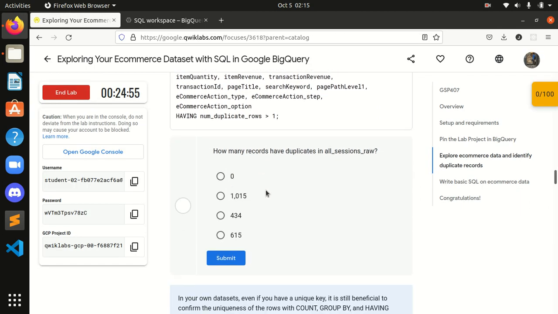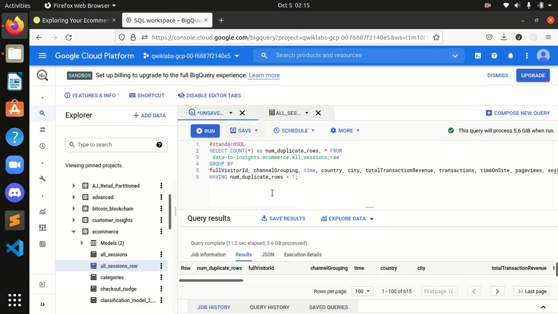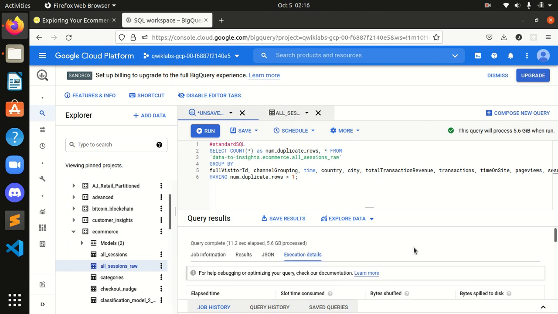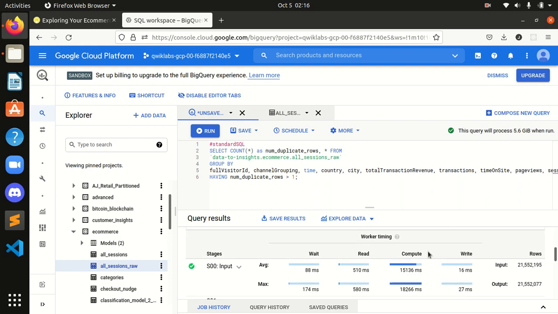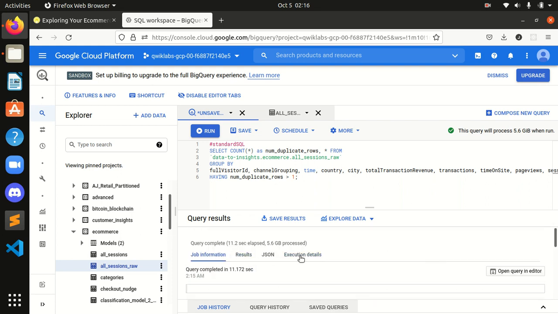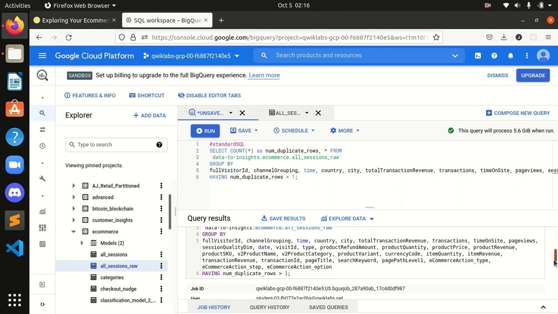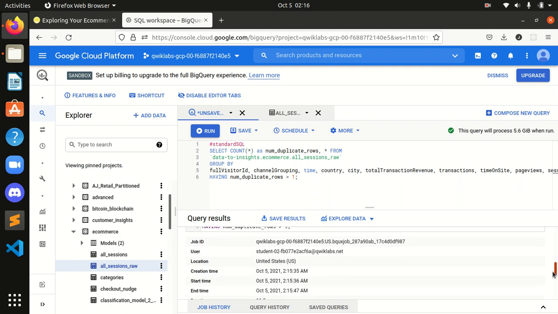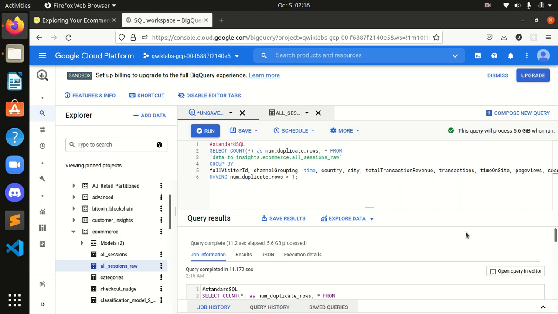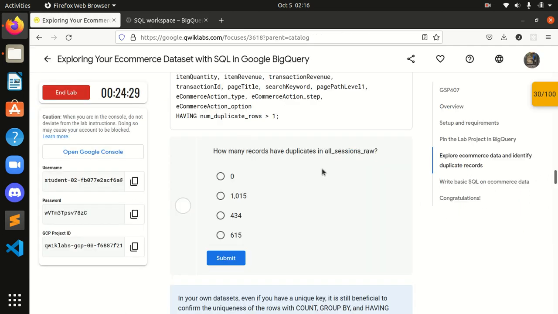And after that, how many records are duplicated in all_sessions_raw? Let's look at the execution details, job information, query history, job history.